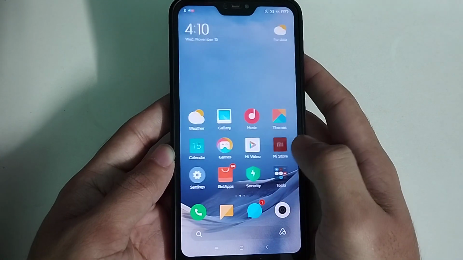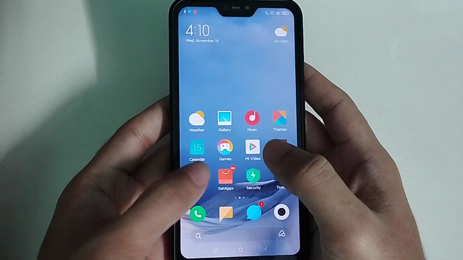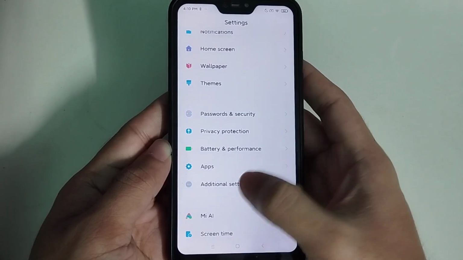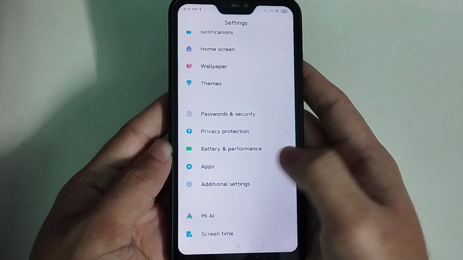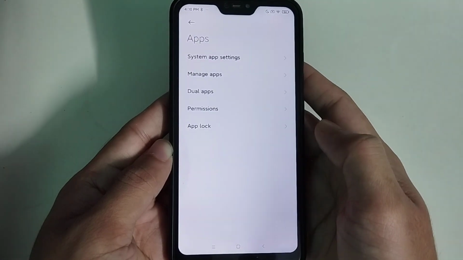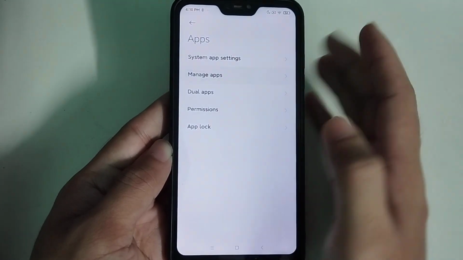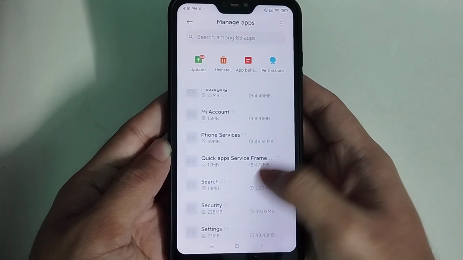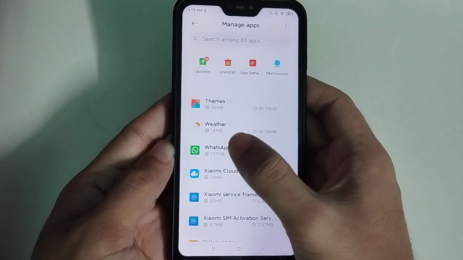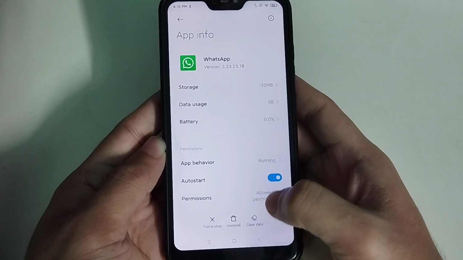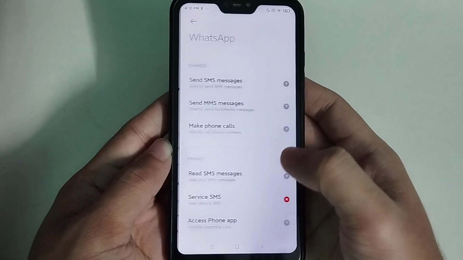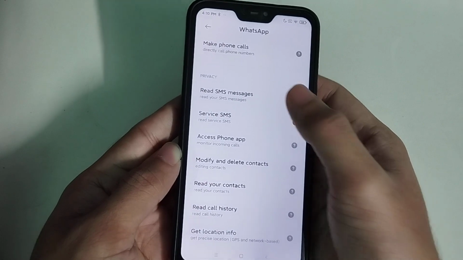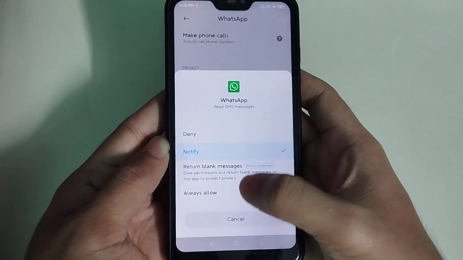So first of all, you just need to go to your phone settings, and then if you scroll down, you can find the option settings, also apps. Select it, select manage apps, and right now you just need to find WhatsApp on here. So this is WhatsApp, select it and select permission, and if you scroll down in this privacy section, you just need to select allow,